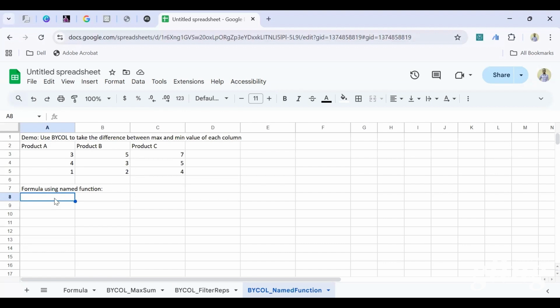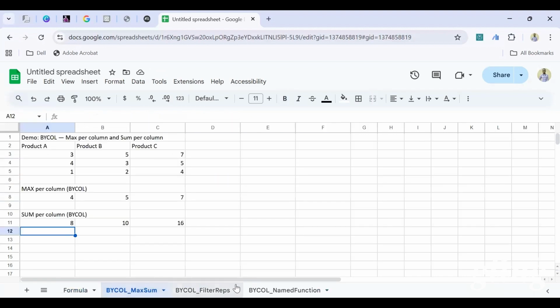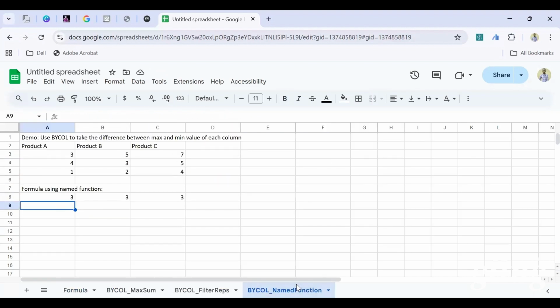So what we are going to do is to start with our BYCOL, then we select the range, which is A3 to C5, and then our lambda, then colon, max minus min, colon, and we enter. So here you can see we've now been able to get the differences between the max and minimum values of each of these columns. Okay, and this is just a few examples I want to show you concerning this BYCOL